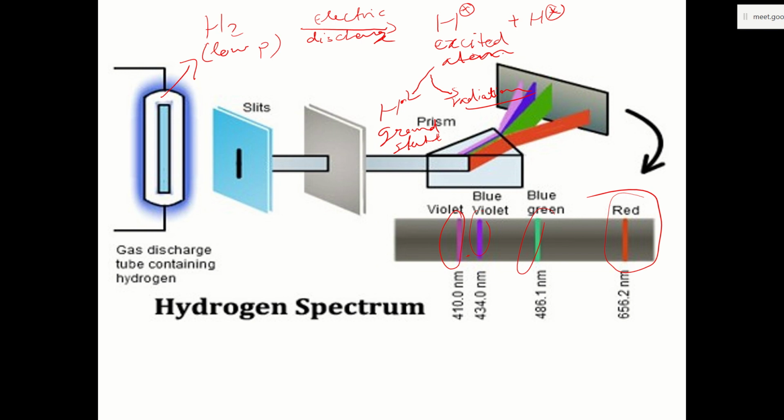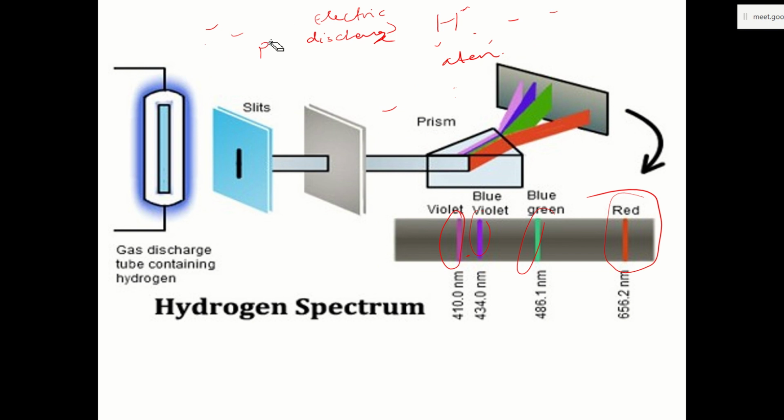सो जो ग्लो दिख रहा है ना, the glow is because excited hydrogen atoms are coming back to the ground state, and in the process they emit out the equivalent amount of energy in form of light, and that light you are making pass through a prism. You are trying to identify what are the components present. यही आप कर रहे थे।